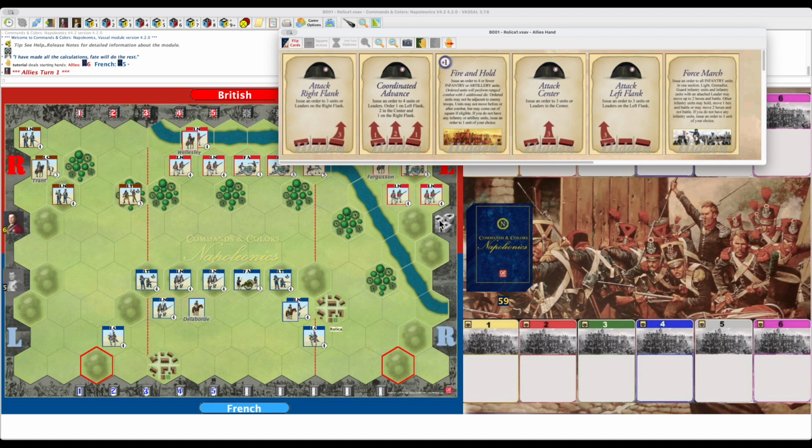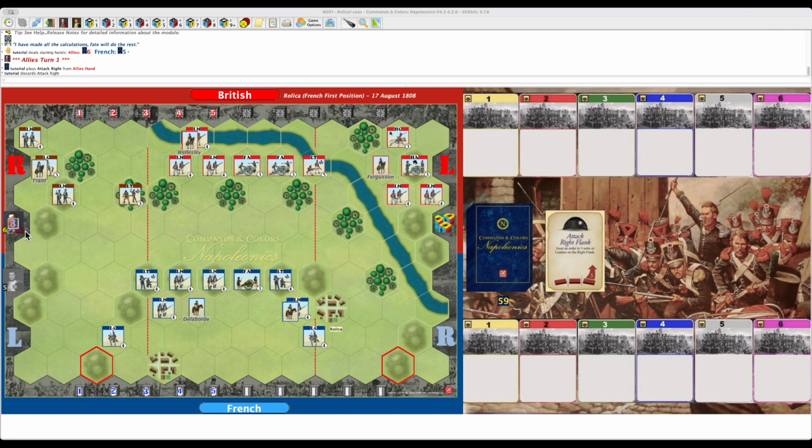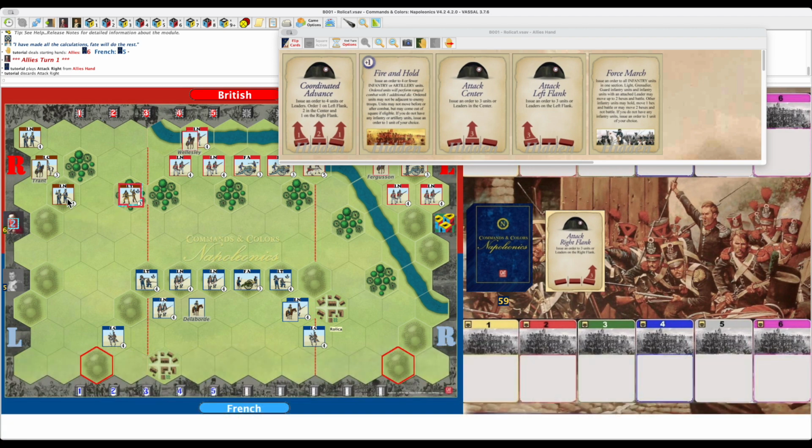Now we play a card, and that brings us to another feature. We look on the left-hand side of the board. The number of orders available are now displayed. And as we move through the ordering process, in this case just by clicking on the units to be ordered, that number is reduced and eventually disappears. If I try to order too many units,